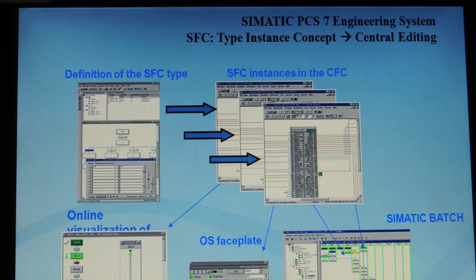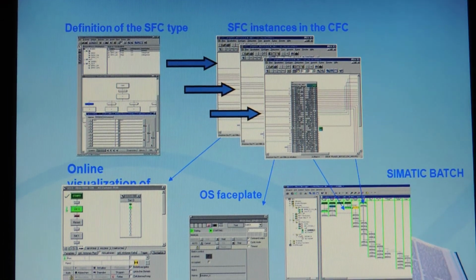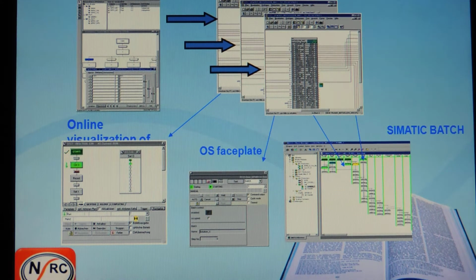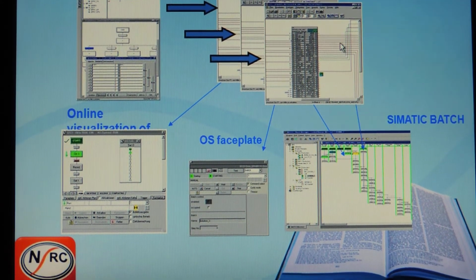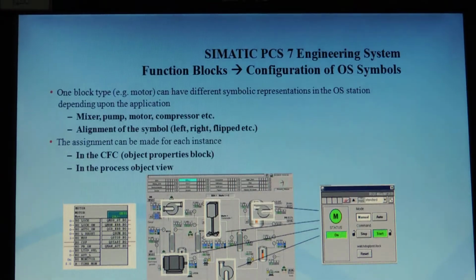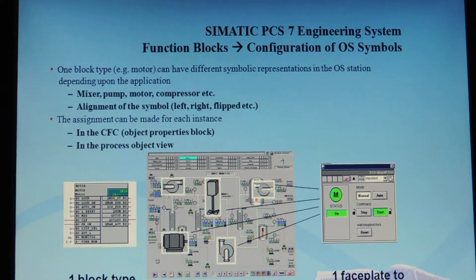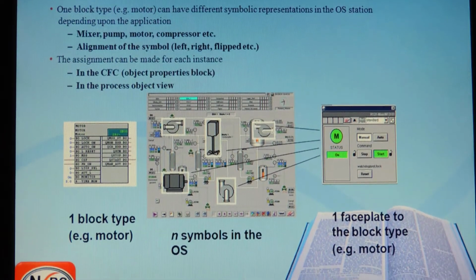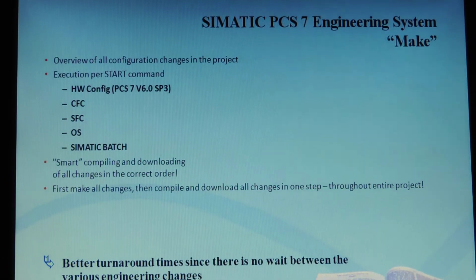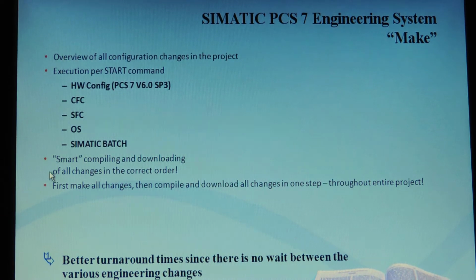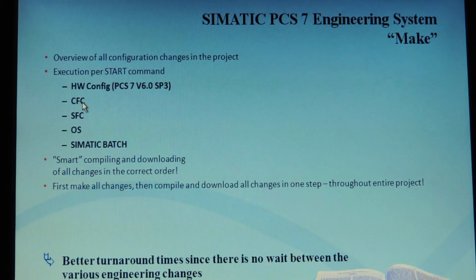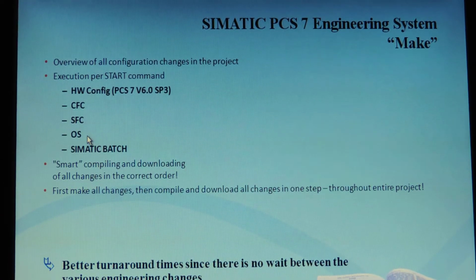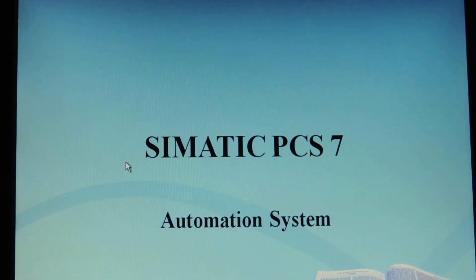And how to implement it: first of all, we have to define the SFC type and instance SFCs and everything, OS or faceplates and everything. And this is another way to implement the DCS programming, that is function block diagram. And these are the different types of languages: CFC, SFC, OS and everything.